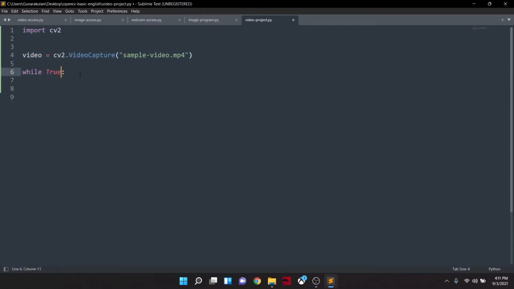We need to break this into chunks. I mean, we need to break it into frame by frame. In order to do the frame analysis, or in order to process the frames, we have to put this inside the while true